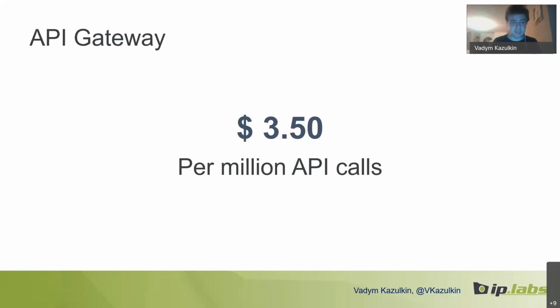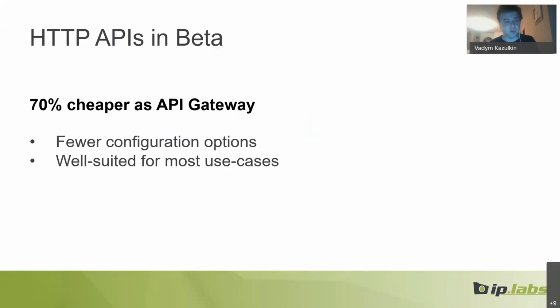Otherwise, there is another possibility in the AWS world, like HTTP APIs, which were released half a year ago, and this is the alternative, which will be 70% cheaper and more performant, and it's good for most use cases, but there is no connection between HTTP APIs and API gateway. But this is the goal of AWS, so they improve a lot the API gateway because they recognize that they may become expensive. Also, DynamoDB,